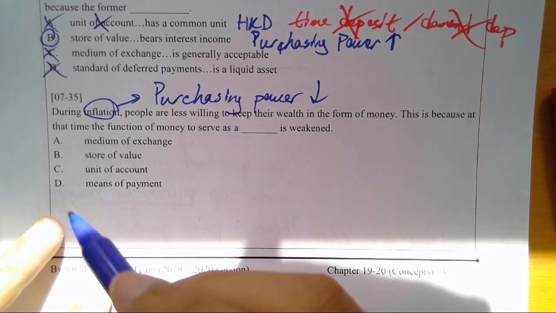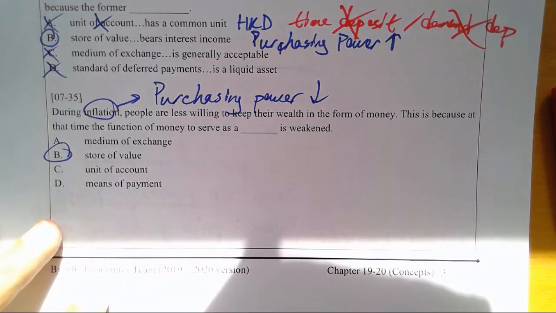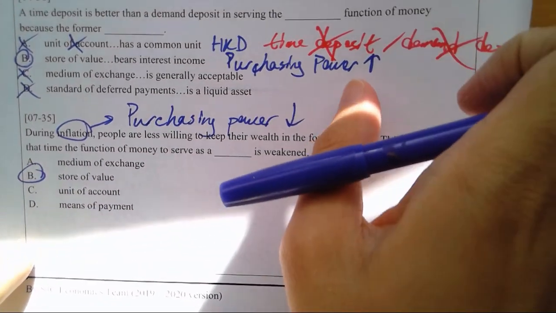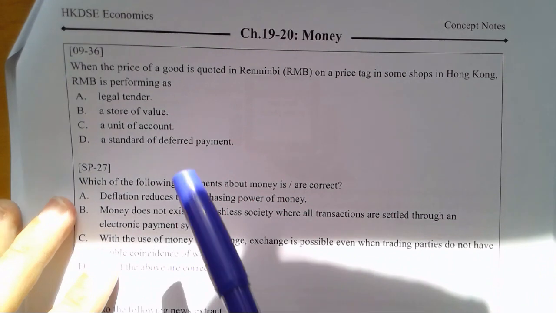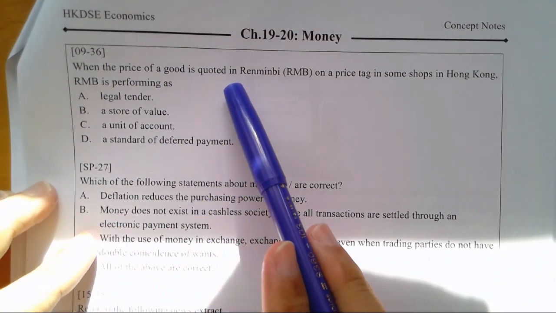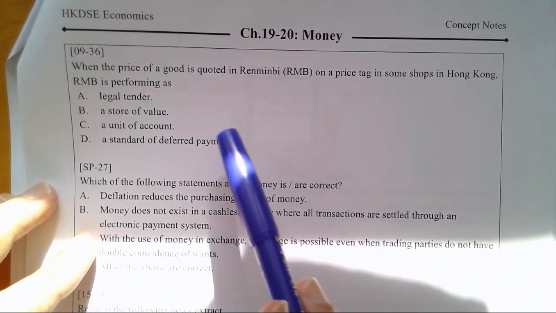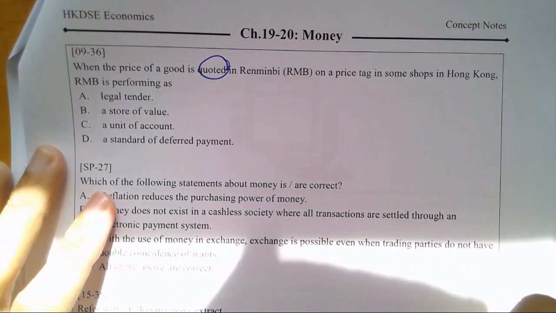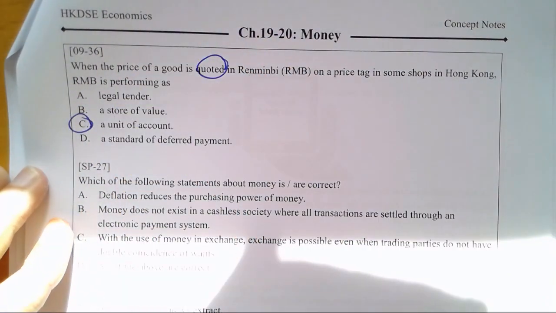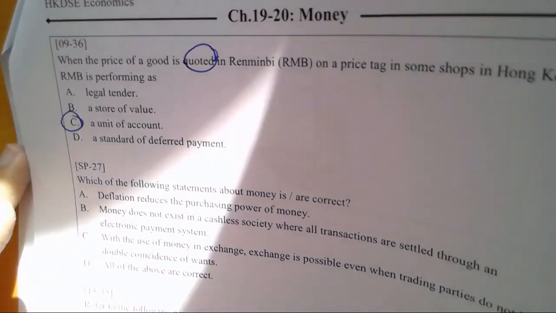When purchasing power goes down, store of value 好嘛？嗱呢啲嘢其實基本上真係睇 keyword 嘅啫，睇 keyword 做人就 OK 嘅啦。Okay, now next one. When prices of a good is quoted in renminbi, okay, renminbi 嗱 quoted quote 呢個價即係咩意思啊？Unit of account 咯，係嘛？睇字眼得噶啦。